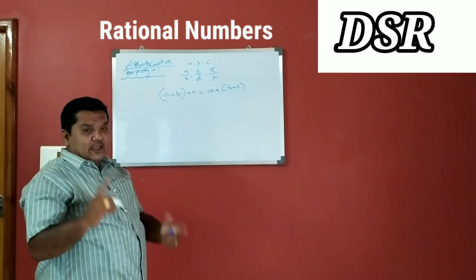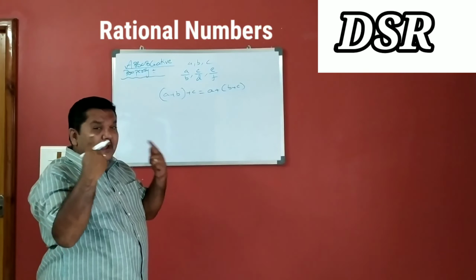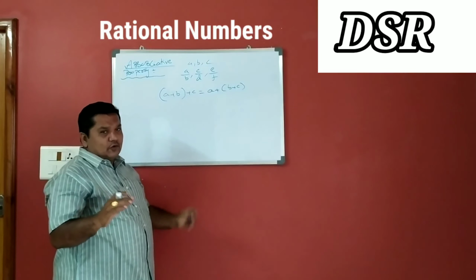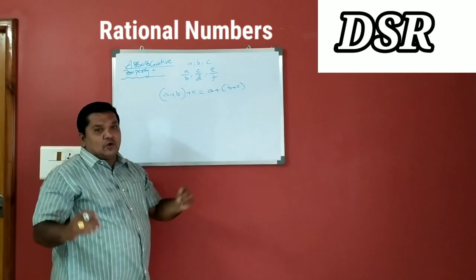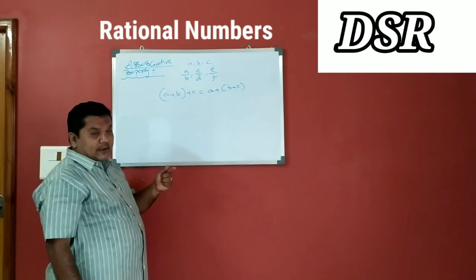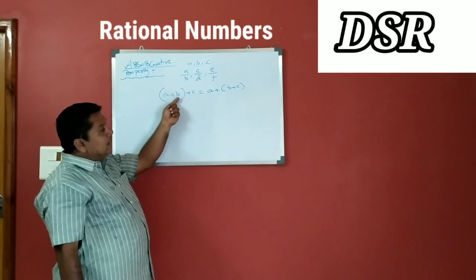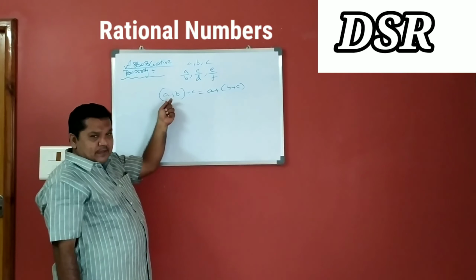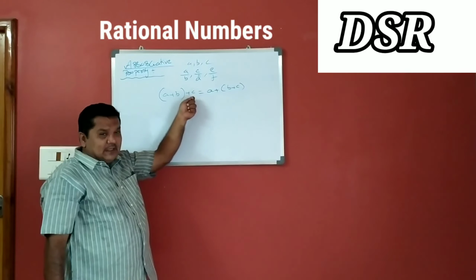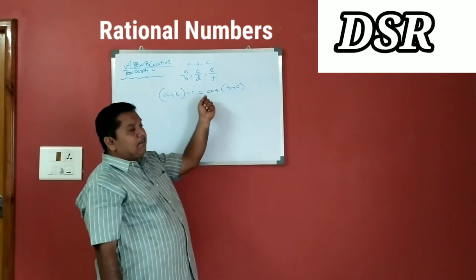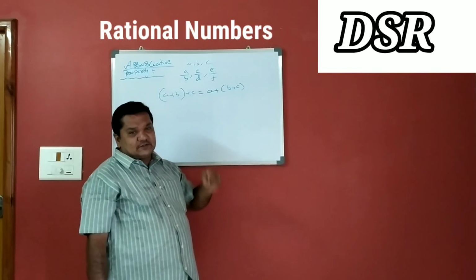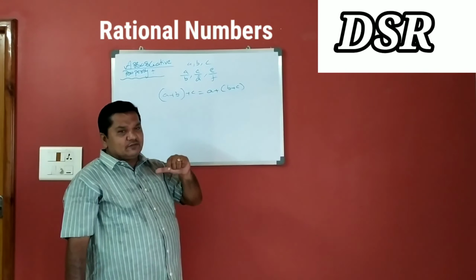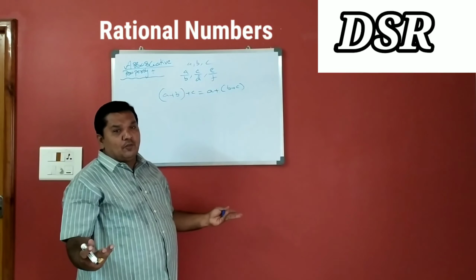You have to listen carefully. How can I read it? We have to observe it. A plus B plus C, written like that, is not correct. So how can I read it? A plus B, the bracket is there, so you can take (A plus B) plus C. That is equal to A plus (B plus C). Have you understood, children? You can read it in this way. Otherwise, there is no meaning.